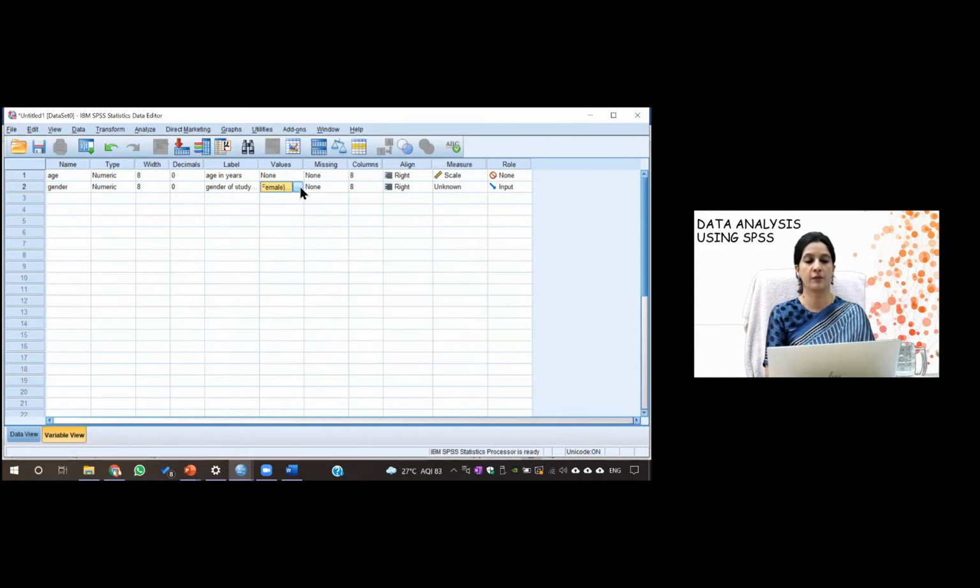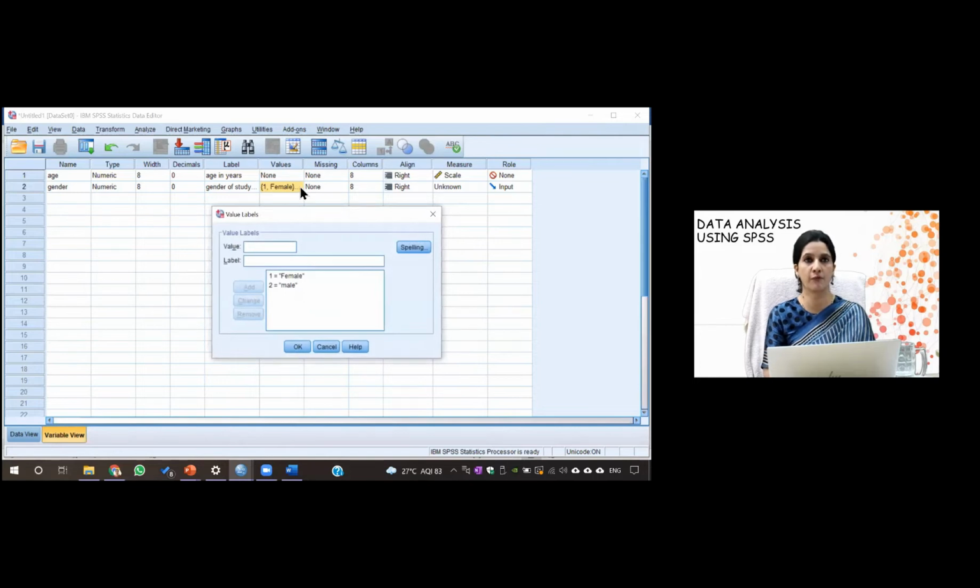So this is added. You can again see it. If you have forgotten what is 1 and what is 2, then you can come to these values and click and see what is 1 and what is 2. Because in odds ratio, we will see that this coding is important. The higher code and lower code, we'll see there. Coding a variable is important, and it is important to check what 1 and 2 are many times, because we often tend to forget what 1 was and what 2 was, right? So you can come here and see.